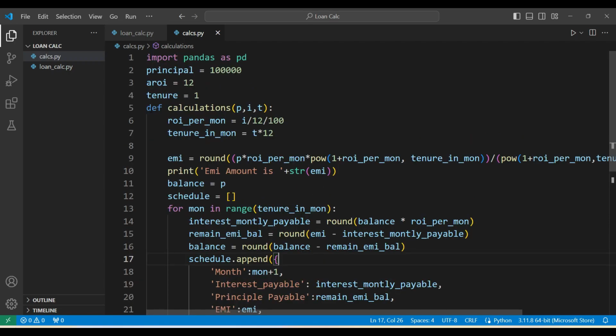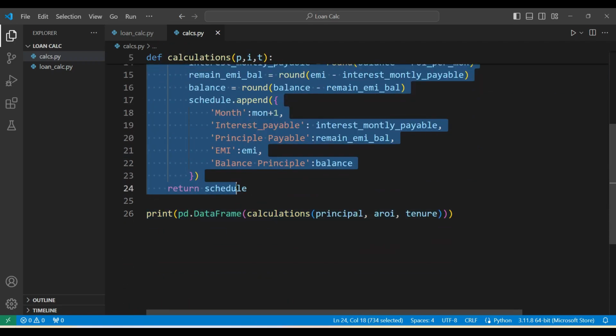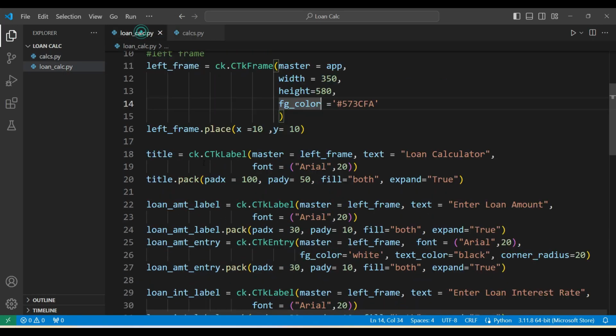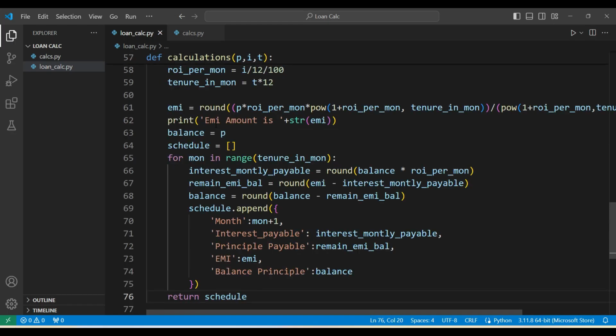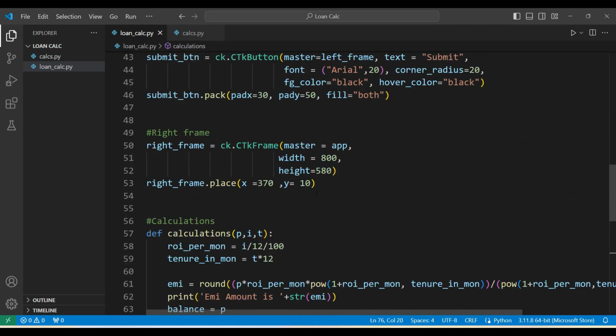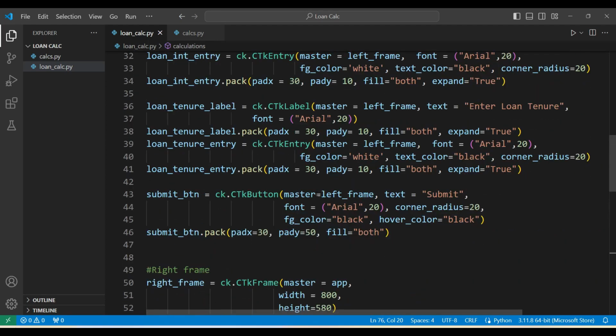This complete function, I'm just copying it. Okay, return schedule. I am pasting it in the bottom. Okay, calculations, starting it and I'm pasting it. Okay, so once this is done, what we have to do is first we have to add the command